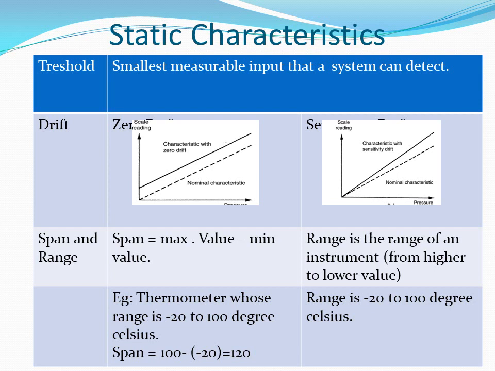However, if the diode input voltage is less than 0.7, if it is a silicon diode and its input is less than 0.7, it will not conduct, because 0.7 is a threshold voltage. Similarly, it is the smallest. So here, what is our diode threshold potential? It is 0.7. It is the smallest measurable input that a system can detect. Below 0.7, the system will not detect. So here the threshold value is 0.7.